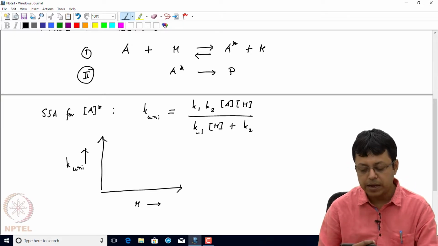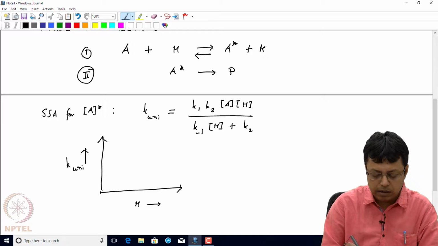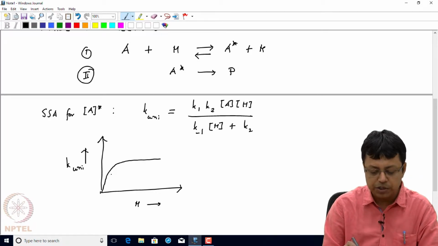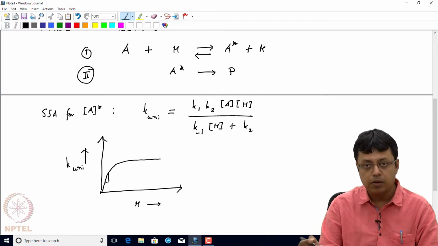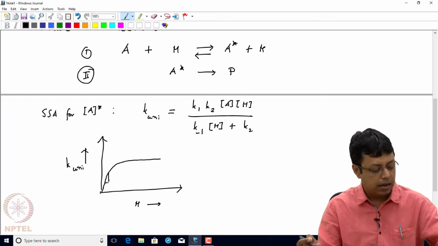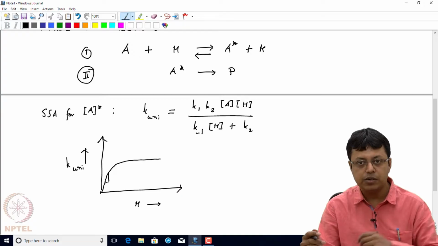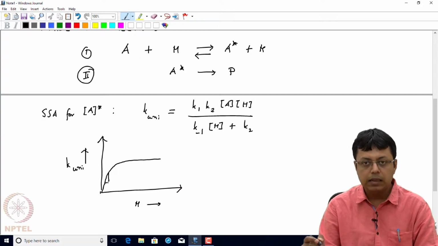Experimentally, people found the curve looks something like this. At a very low pressure region, the rate constant depends first order on M, and then at a very high pressure,